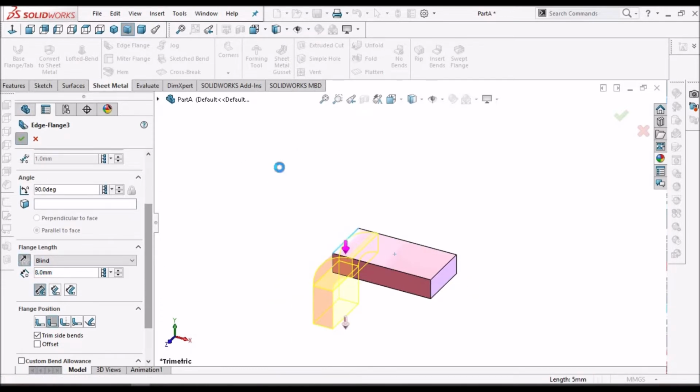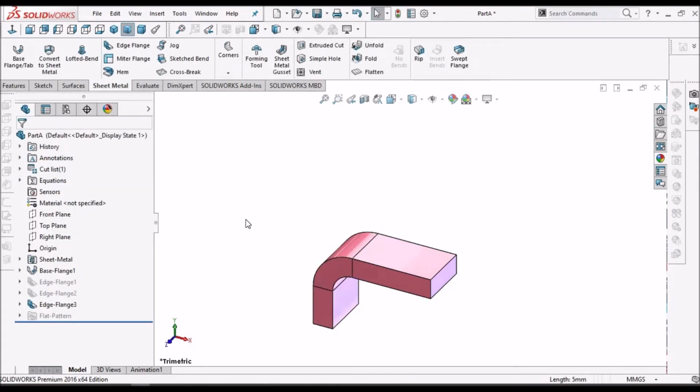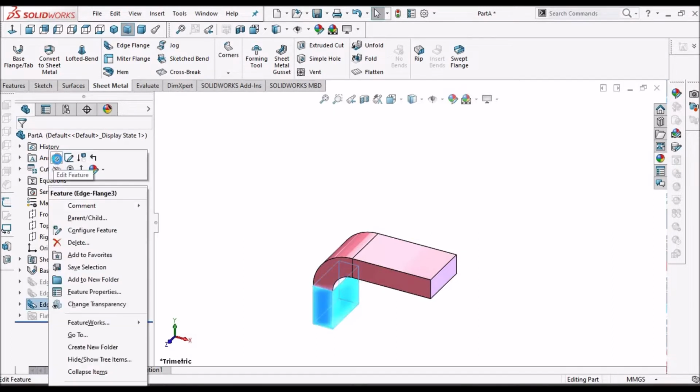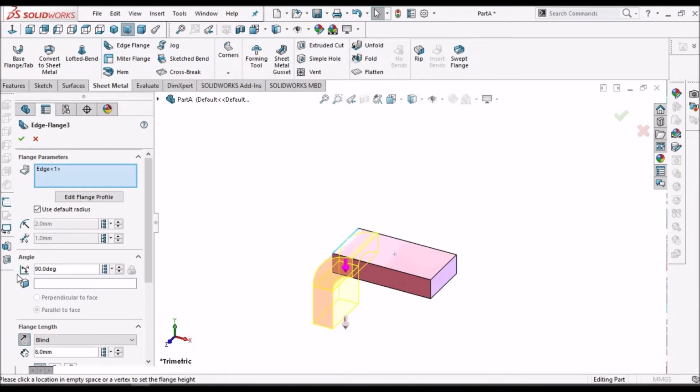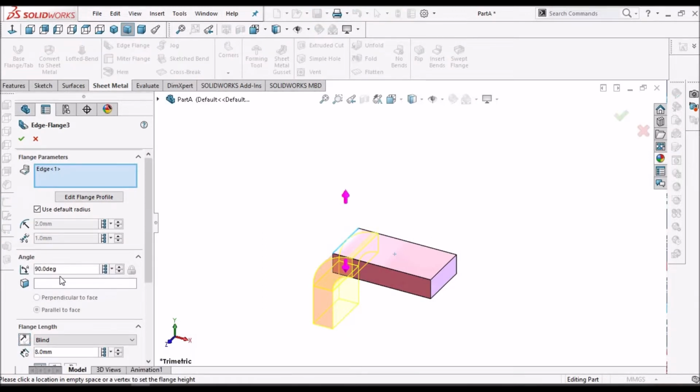See, if I flip this, it moves in this direction. Even I can define the angle. Suppose this is 30 degrees.